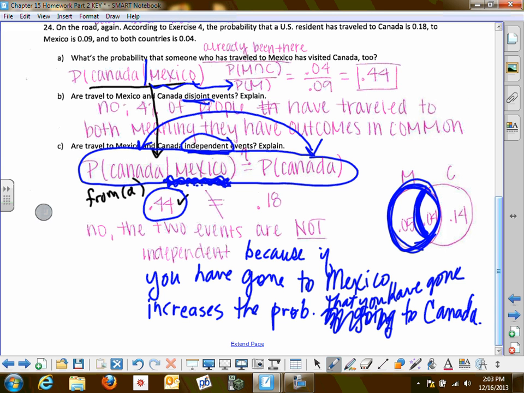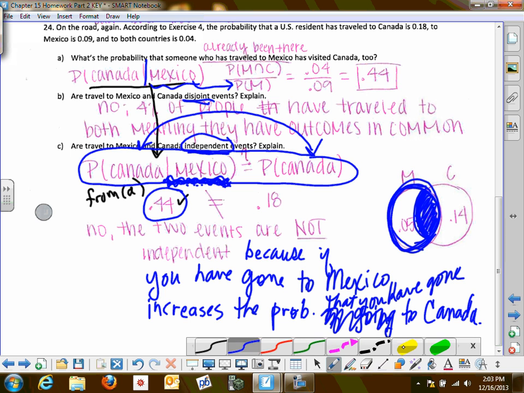When it asks you if it's disjoint, you know it's disjoint if there is no overlap. There are no outcomes in common. Well, we know that 4% of people have gone to both Canada and Mexico, so since there is overlap, they are not disjoint. And for part C, when you have this question about independence,